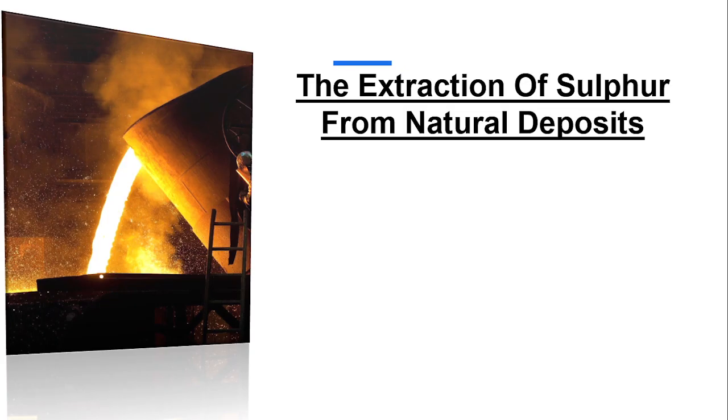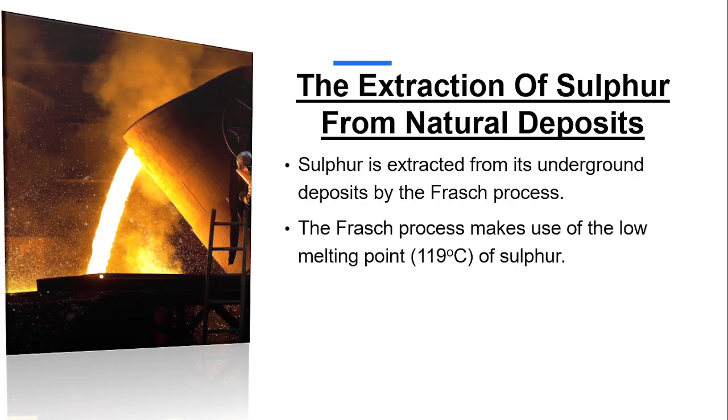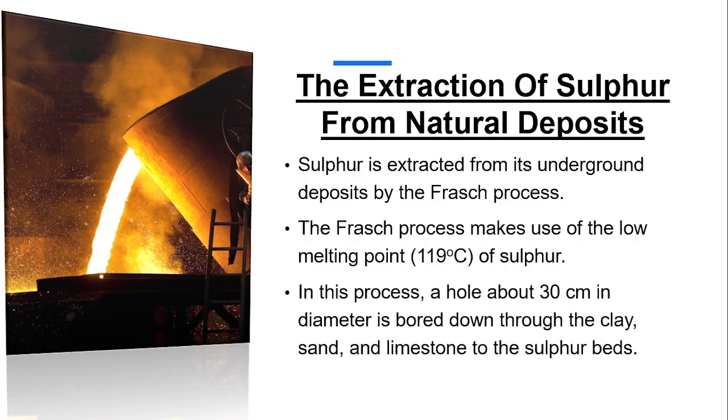Here we'll see how sulfur can be prepared, or simply the extraction of sulfur specifically from the natural deposits. Sulfur is extracted from underground deposits by the Frasch process. This process helps to extract the sulfur from its underground deposits. The Frasch process makes use of the low melting point of sulfur, that is 119 degrees Celsius. In this process,